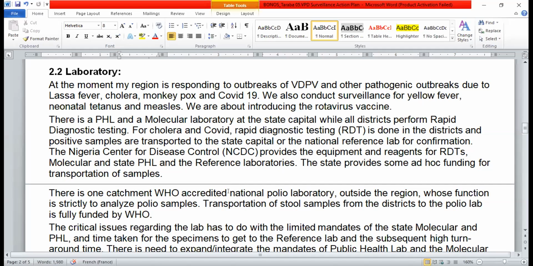Right. For the lab, the rapid testings are done at all districts, while confirmatory tests are done in the reference lab. We have state pathology labs, which we need their capacity to be optimized so they can test more, they can confirm more pathogenic organisms to make the turnaround time less. And then the polio lab is only dedicated for polio. If that capacity can also be optimized for other pathogens, it will be very good.